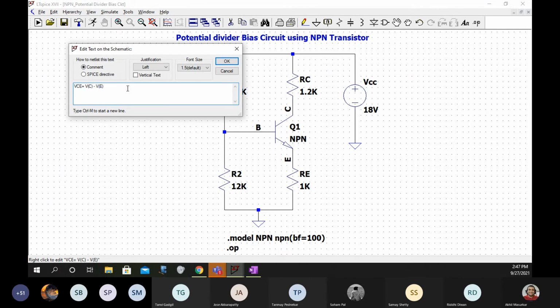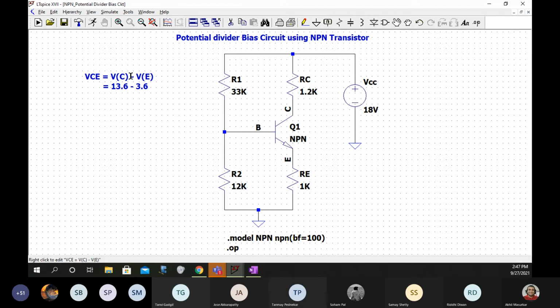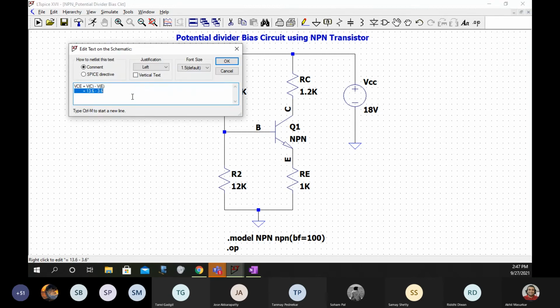Which is equal to 13.6 minus 3.6, which is equal to how much? It is around 10 volts.